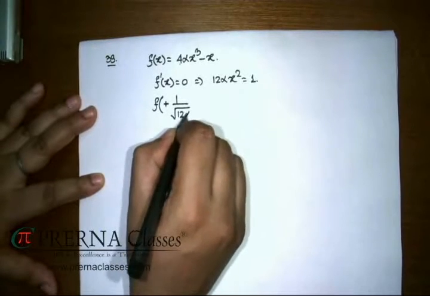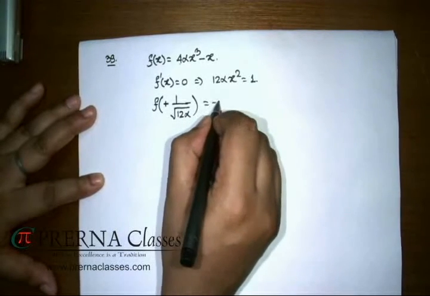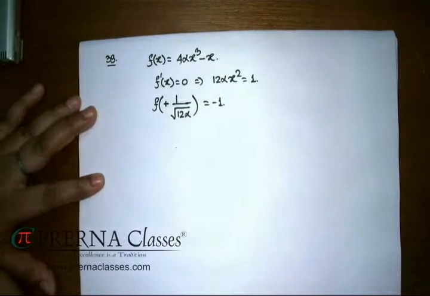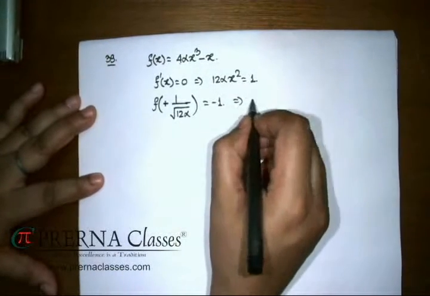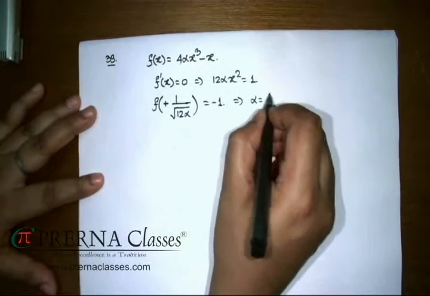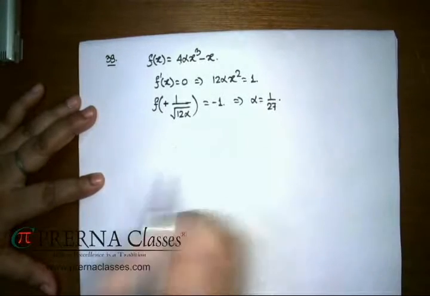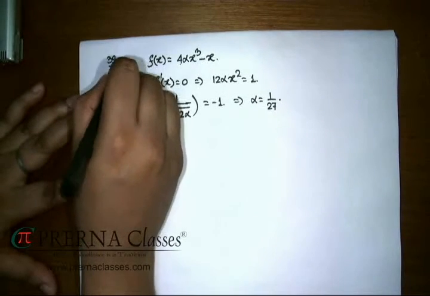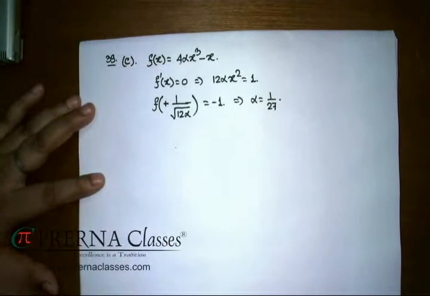All you need to do is make sure that this quantity is -1. This is going to correspond to the value of alpha as 1 by 27, which is matching with option C in that problem. The next problem is related with trigonometry.